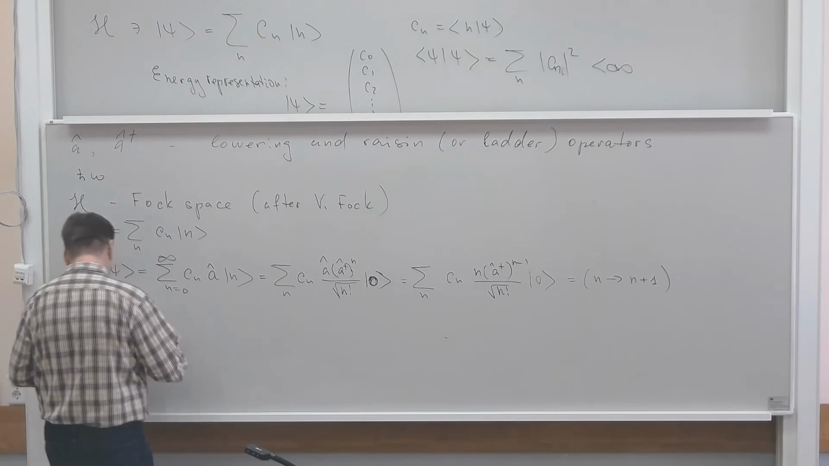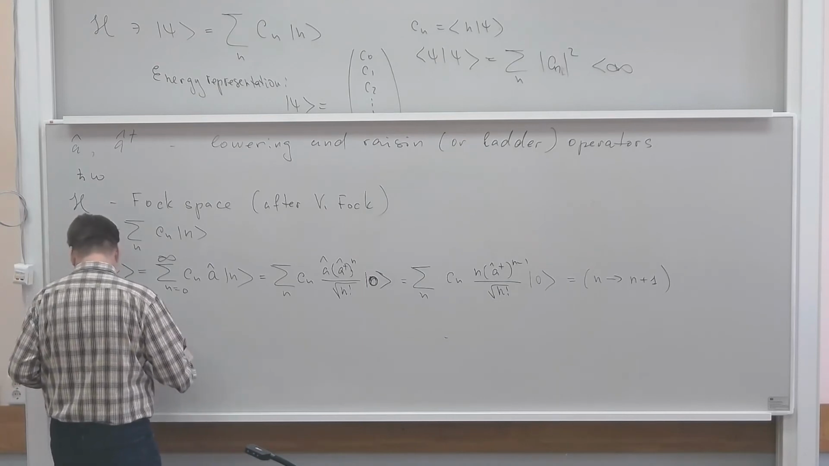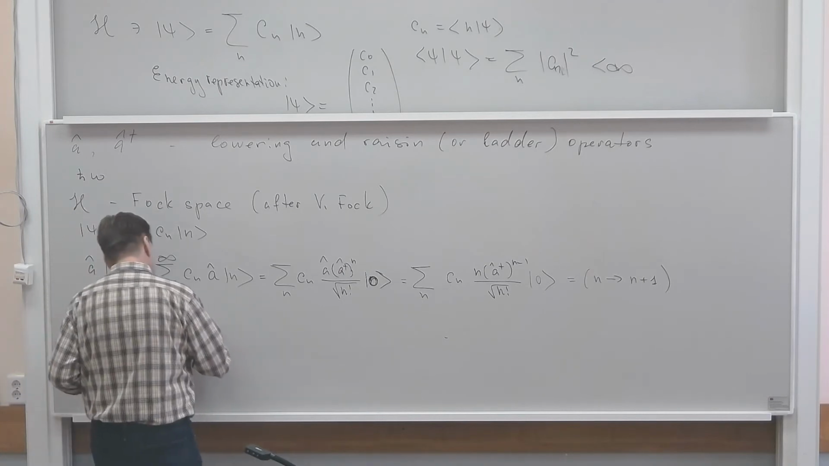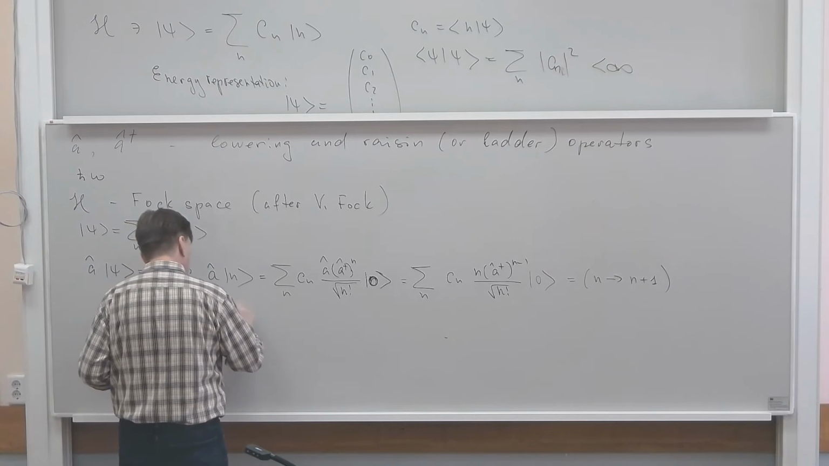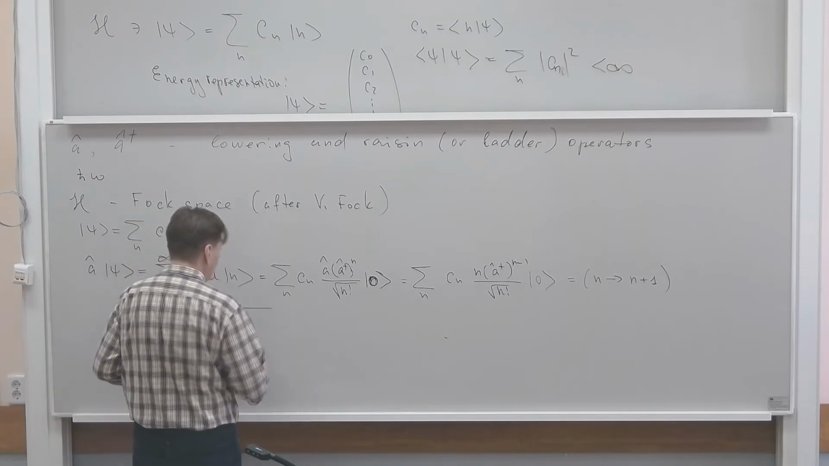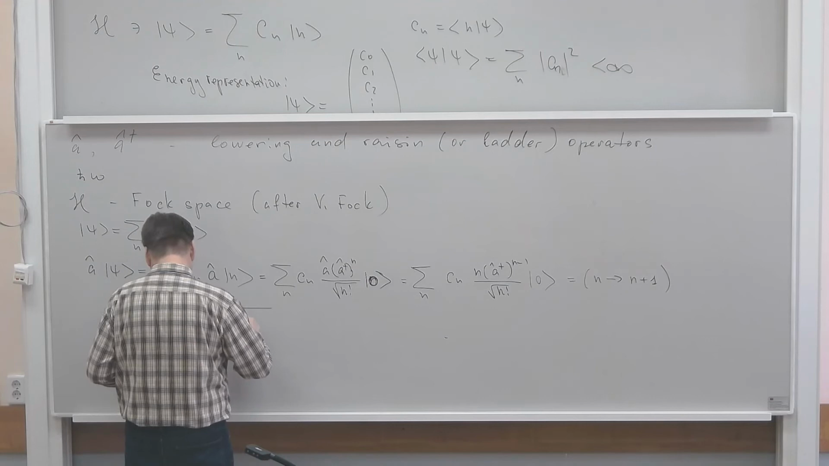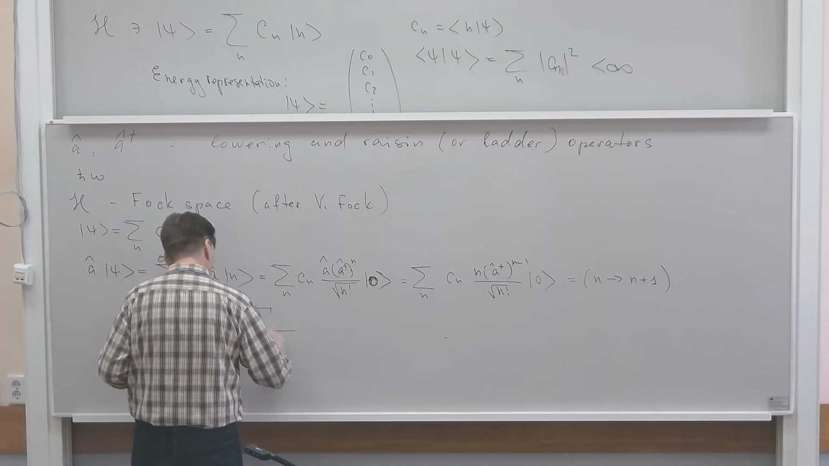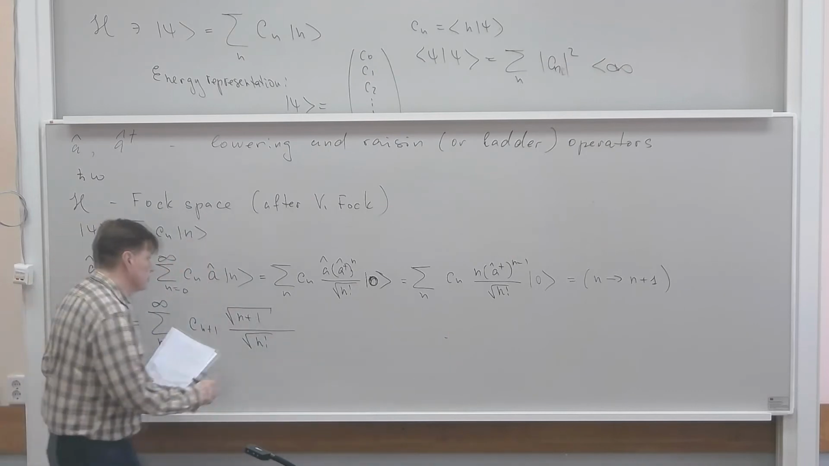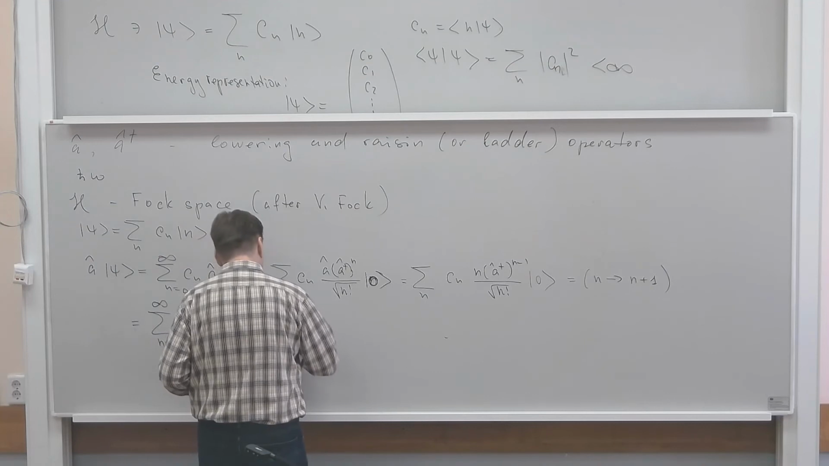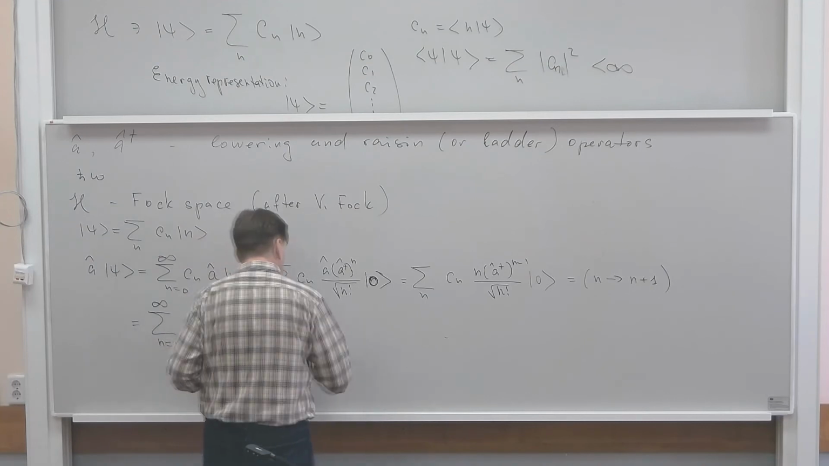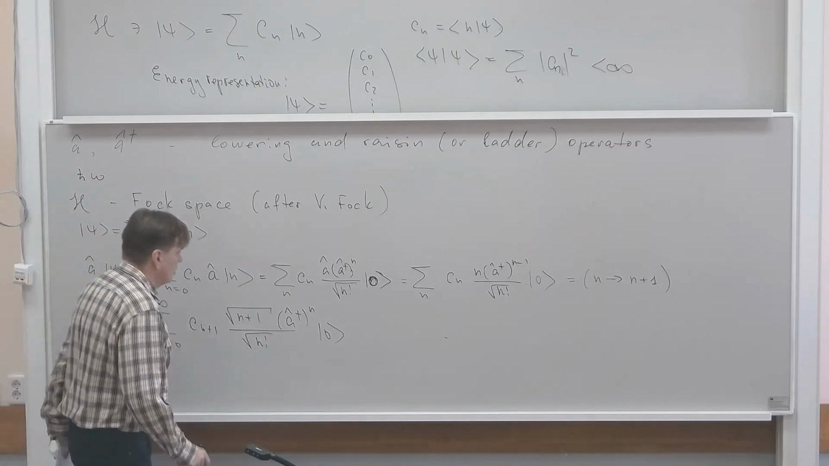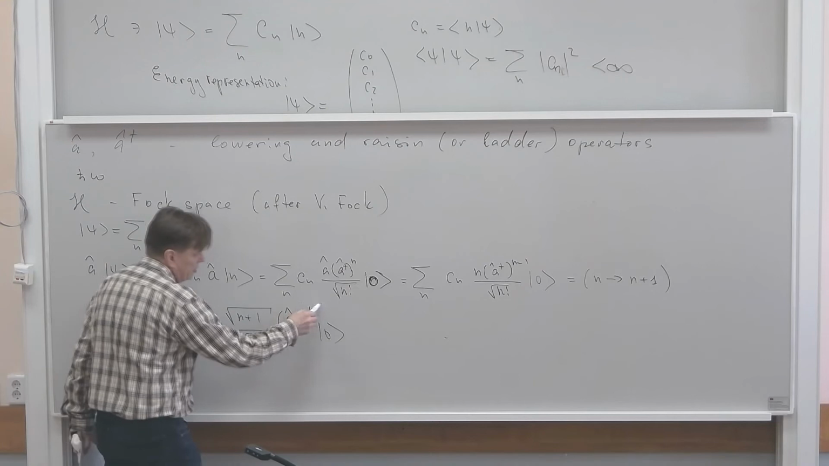This gives me the sum over n from 0 to infinity of C_{n+1} times square root of n plus 1 over square root of n factorial, times (A dagger)^n on the ket 0. So I see that this combination gives me